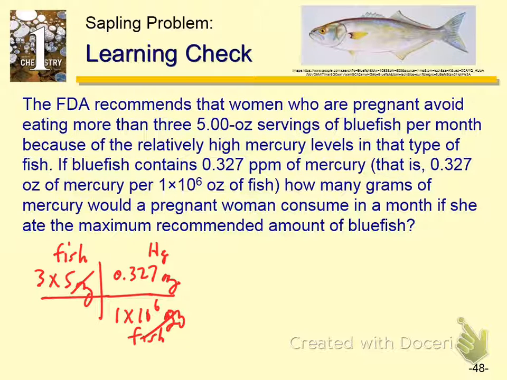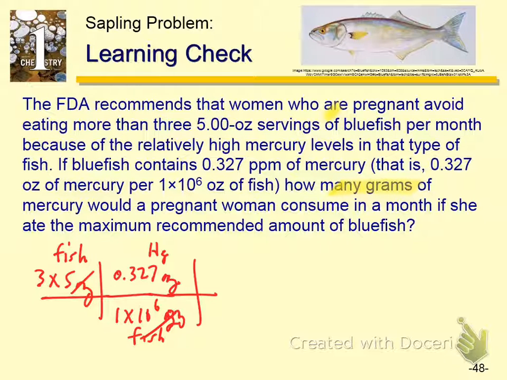Okay? And then we want to change this, though. Dr. Hawes has made it more complicated, of course. We want to go to grams. How many grams of mercury? So what would we need to do to convert ounces, these are solid ounces, into grams? What is it? Ounces to pounds, pounds to grams. That'd be beautiful. So what's that conversion?